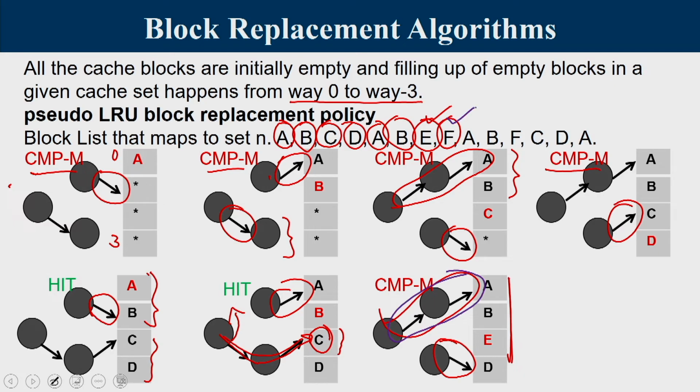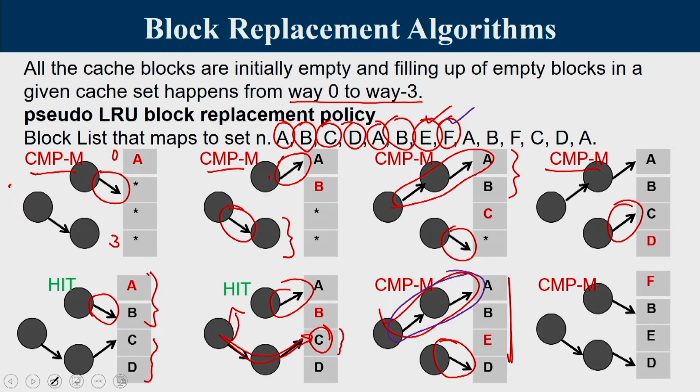So naturally when we are going to bring F, since the cache is full, it is A that gets replaced. Again it is a compulsory miss, this F is accessed for the very first time, and A gets replaced with F. So naturally this arrow gets flipped to B and the root, which was initially pointing upwards, is now flipped down. So the root arrow will change, and there is no change as far as this is concerned. Wherever this was there, it is unaffected. So when you bring F, the arrows in the root get changed and the arrow in the bottom child also gets changed.